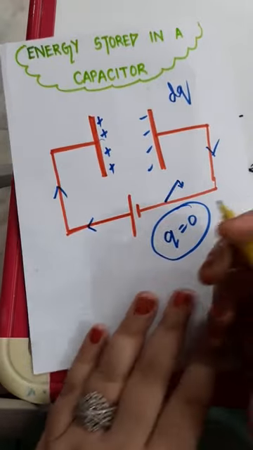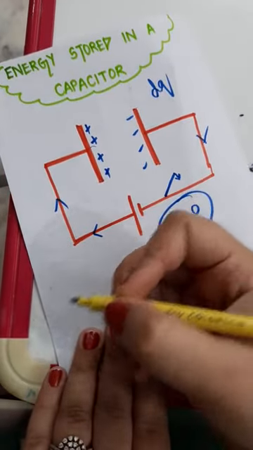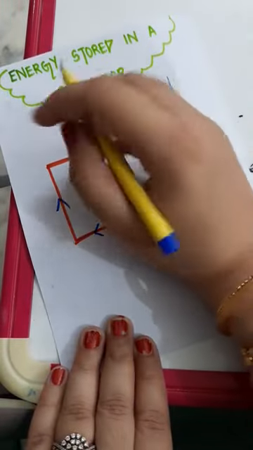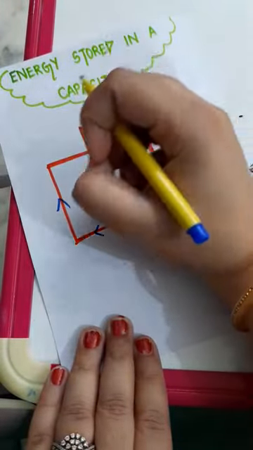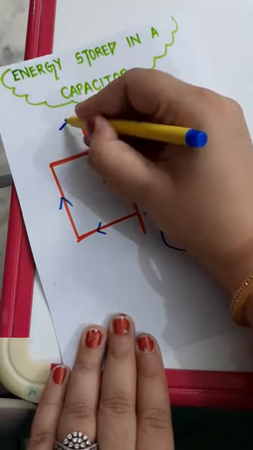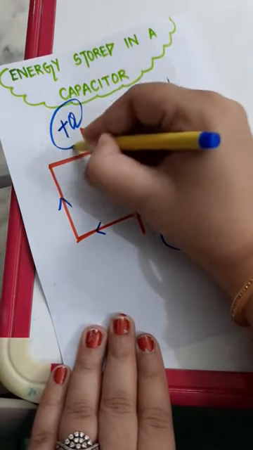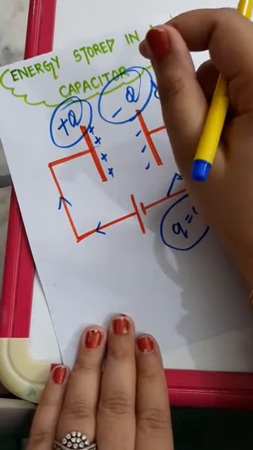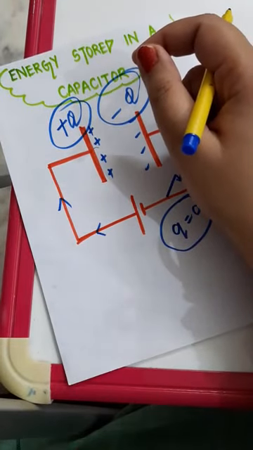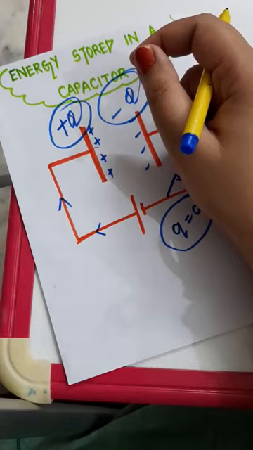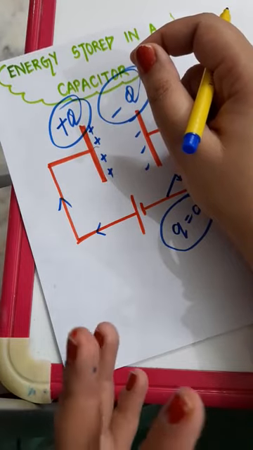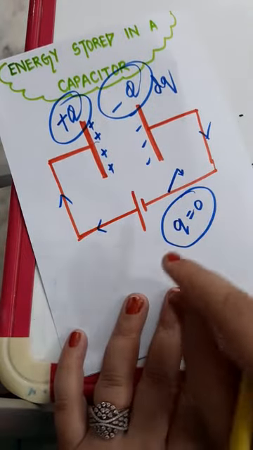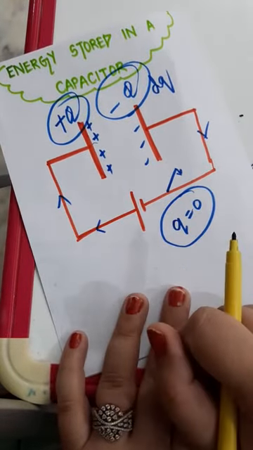So let's find out the work done when the overall charge, the maximum charge that a capacitor can hold, becomes plus Q here, and this becomes minus Q here. But I am talking about some intermediate stage, so at that stage how much charge would have gone, because I know that the charge is moving in some small installments.